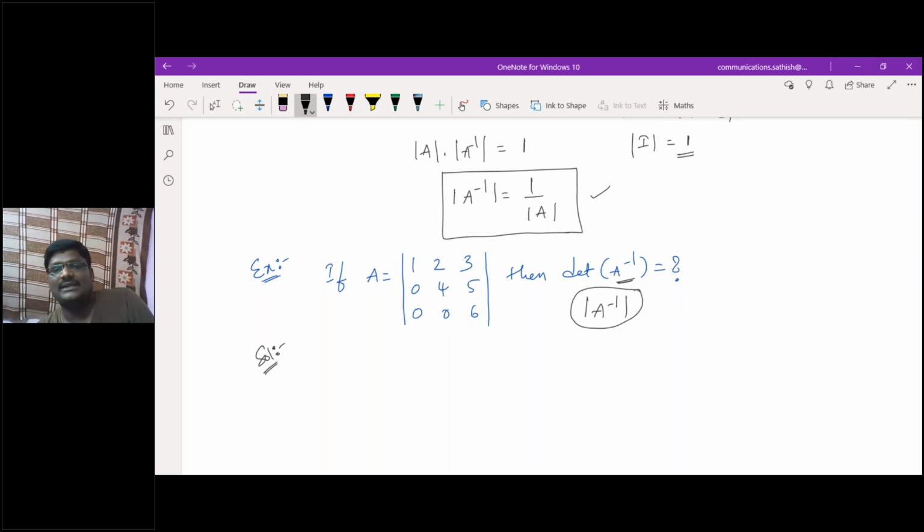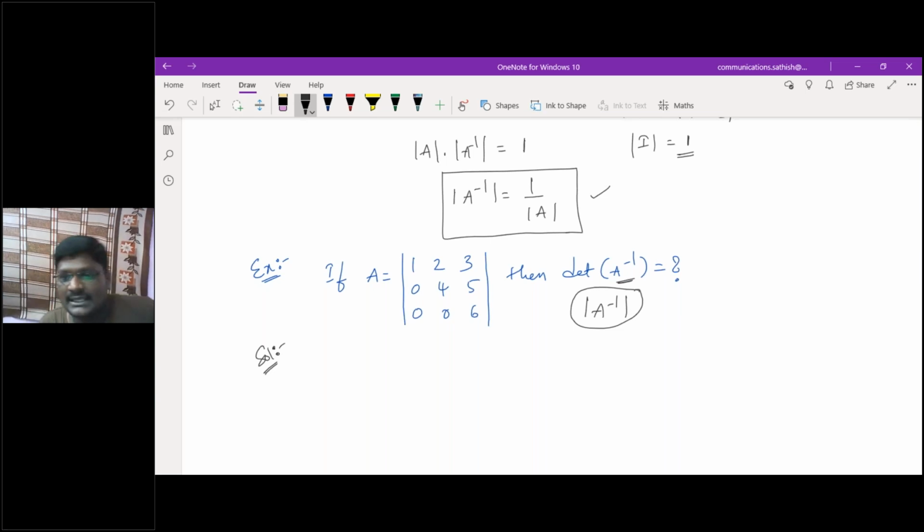See, without discussing this property, here itself I discussed the property. That is the reason why I have given an example, so that you easily catch that point and give the answer. Suppose the 10th property is not there, at the time what will you people do? The conventional procedure: A inverse is equivalent to adjoint A by det A. Det A you have to calculate, then adjoint. Adjoint is also a big process. Anyhow, I will discuss the shortcut for the adjoint matrix from the given matrix after this. You don't get bothered, I'll give a shortcut for the adjoint matrix also.